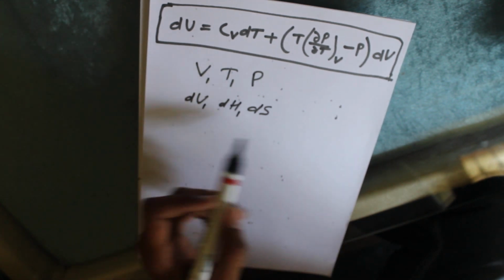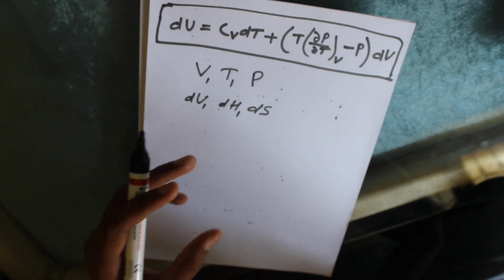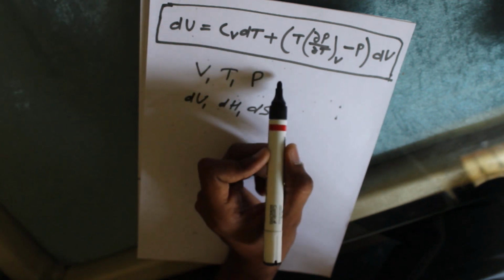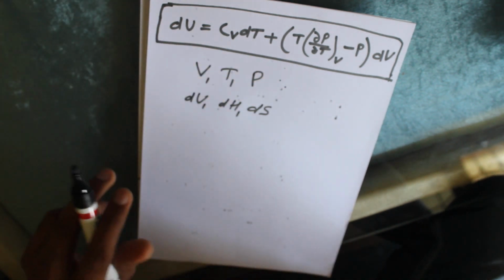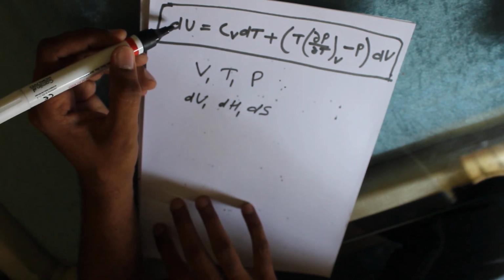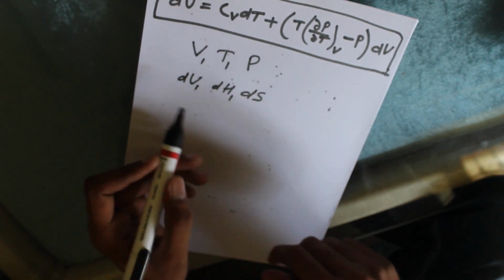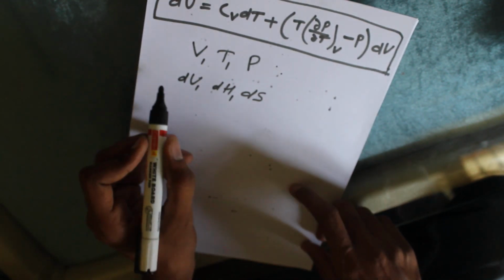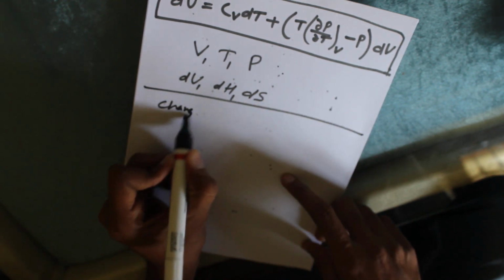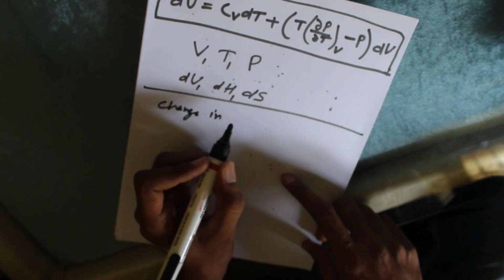So to calculate these property, we use Maxwell equation to convert the expression in such a way which carry only those terms which have temperature, pressure and volumes. In the last class we have derived the change in internal energy. In this class we will derive equation to calculate the change in entropy. Change in enthalpy.